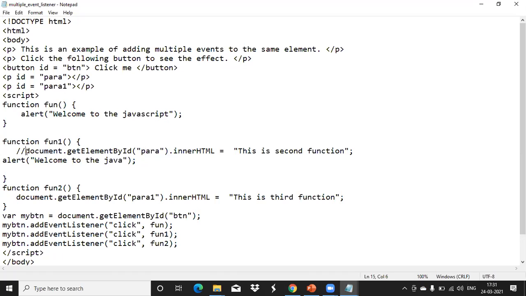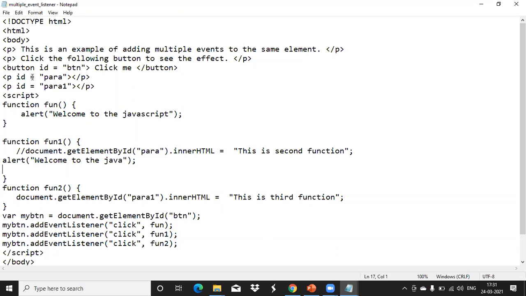One thing you can use, either you can use this document or you can use this alert. Anything is fine. In function 2, here I'm using only one thing, para1.innerHTML. This is the third function like that, it is printing. Now here, document.getElementById, this button element value only we have access to, that we are storing in this variable myBtn. Now for the myBtn, at a time 3 events we are specifying.